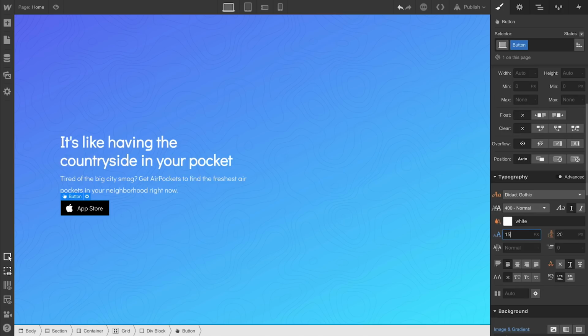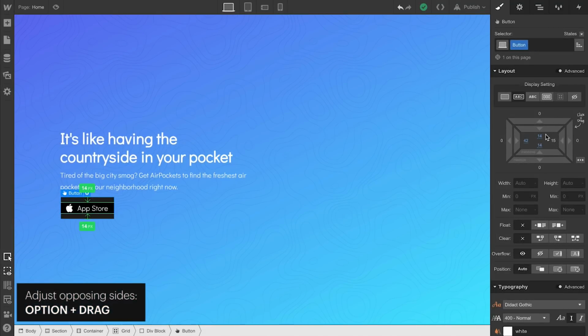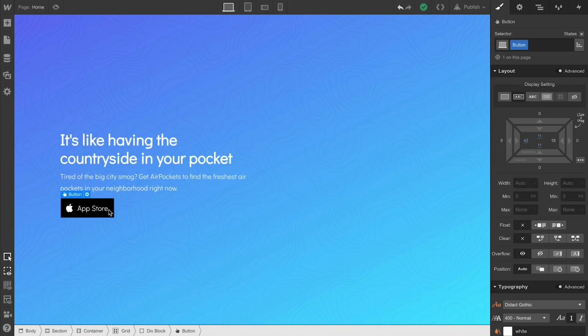Now, sometimes when making adjustments to font size or even line height, as we're doing right now, we'll want to adjust our padding on the top and bottom as well. Get that looking just right. And we can do the same thing for radius, add some rounding on the edges. Let's select our button, copy, paste. Now we have 2. They're kind of close, so let's give it some margin on the right side so there's some breathing room in between the buttons.